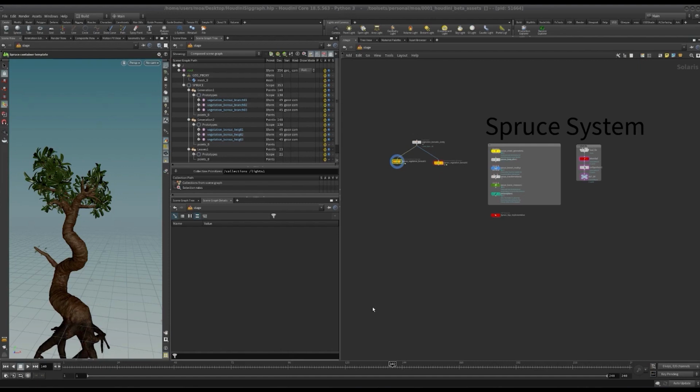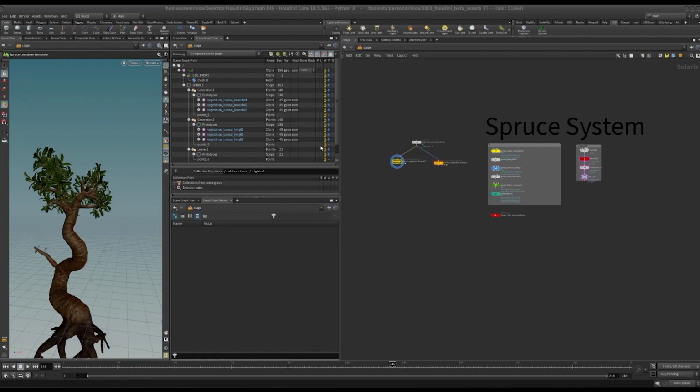First of all, what is Spruce? Spruce is a system helping us to construct a tree canopy on a trunk made up of instances of separately modeled objects and surfaced objects as well. The key feature of Spruce is that the whole tree is built up from a group of points that represent tree generations, starting from a trunk. So you have a generation that represents the first generation, and another generation that represents twigs, for example, and